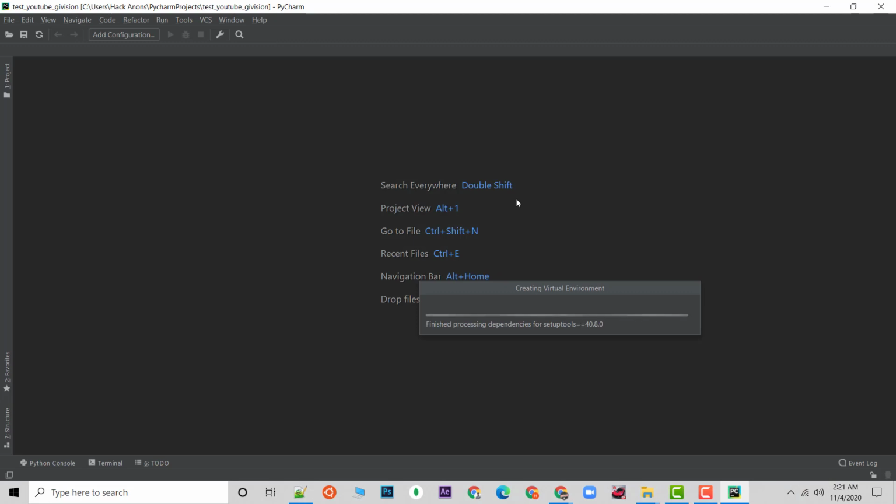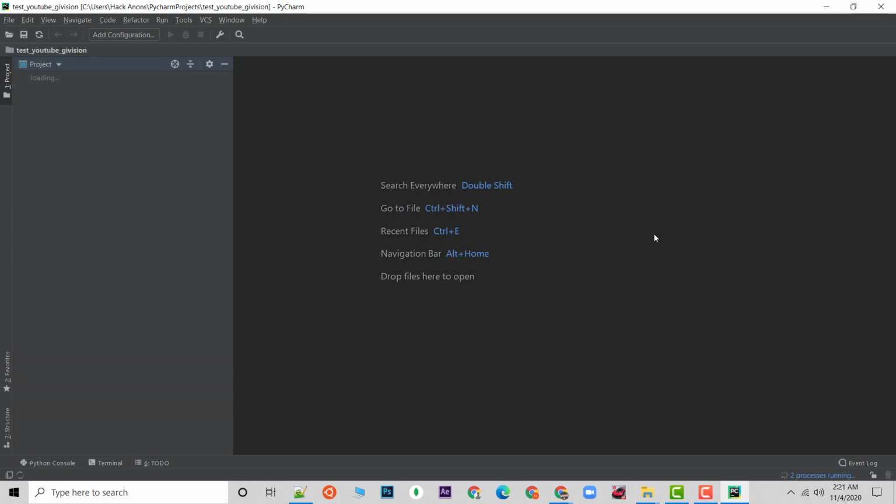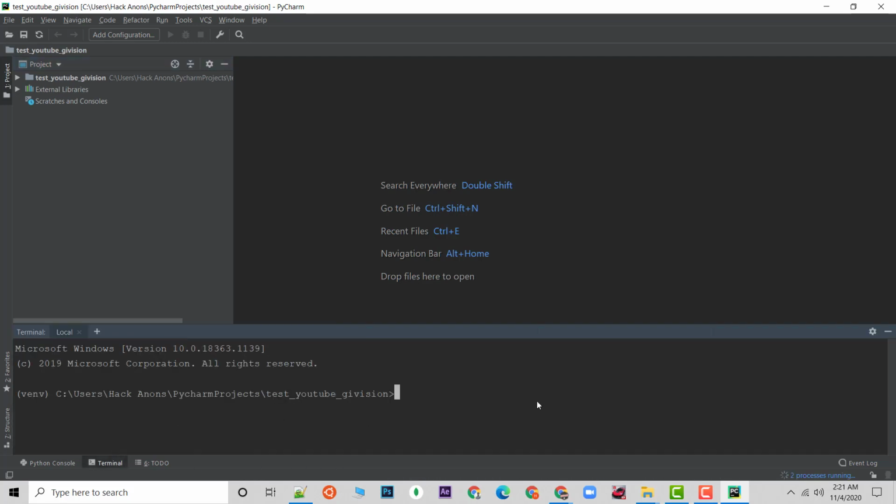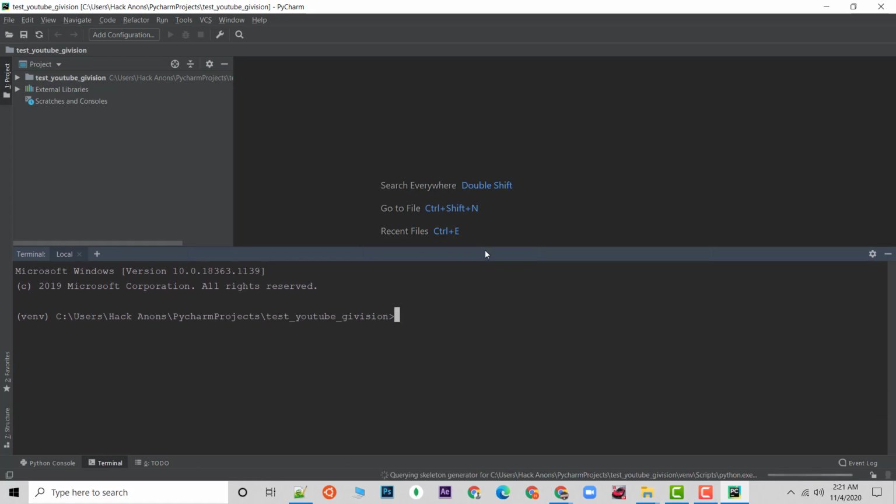The reason is that the Invoice2Data library doesn't support any way of adding a bucket name. So you need to hard code that bucket name in the library itself, and I will show you how that will be done. So I'll click on terminal. If you don't have a good configuration, or you can't use PyCharm for some other reason, then please create a virtual environment and start working on it.